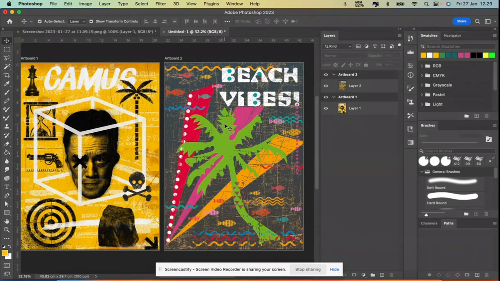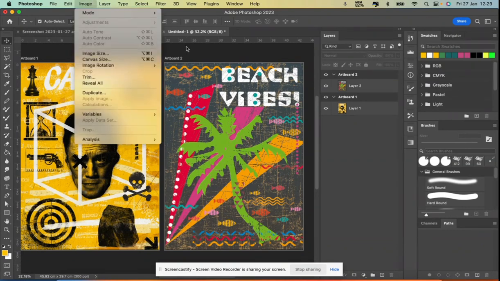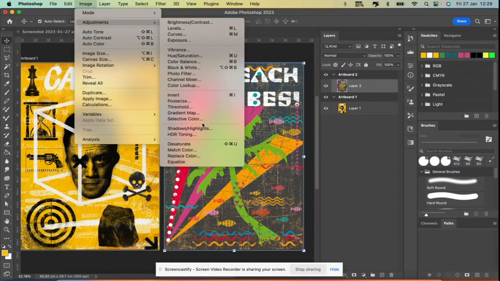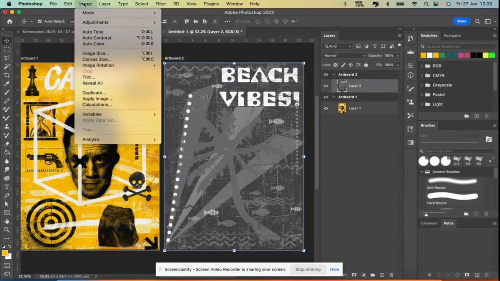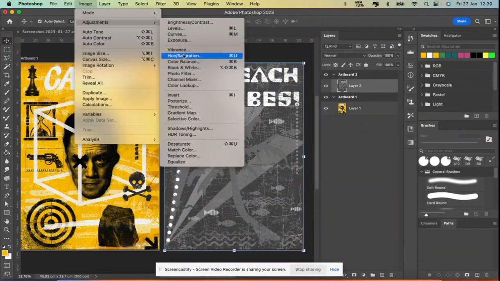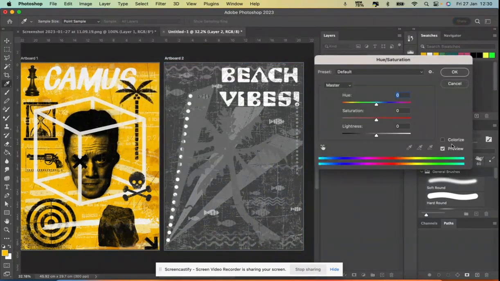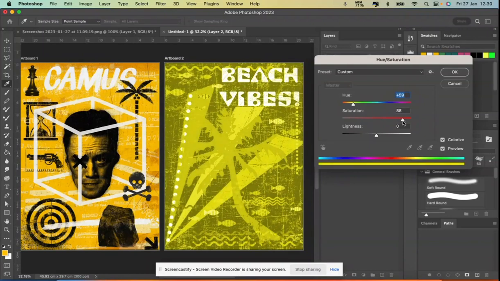So I've taken my Beach Vibes poster. The first thing I probably want to do is just work with this more limited colour palette. So I'm just going to desaturate this, and then I'm going to go in and recolour it. Sort of the yellow sort of tones,